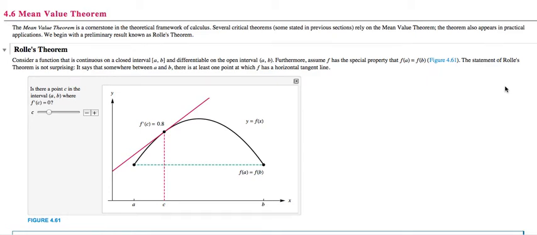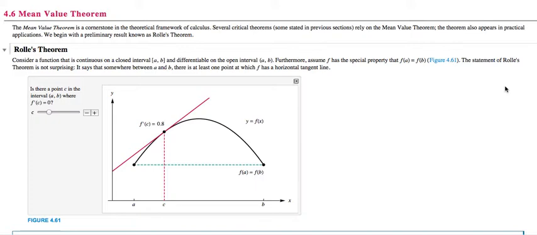Hello students, this video lecture will cover section 4.6, the mean value theorem. So first we have to recognize that the mean value theorem is a very important theorem in calculus. In fact, many of the theorems that we've already stated in this course rely on the mean value theorem in order to hold true. And the theorem itself appears in many practical applications, one of which we'll look at involving